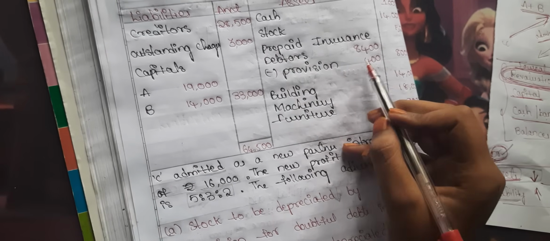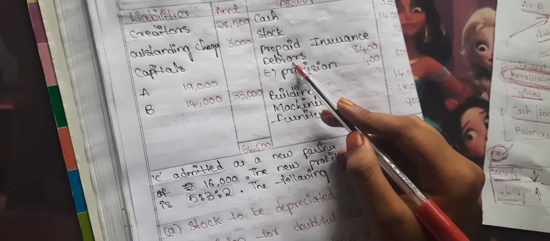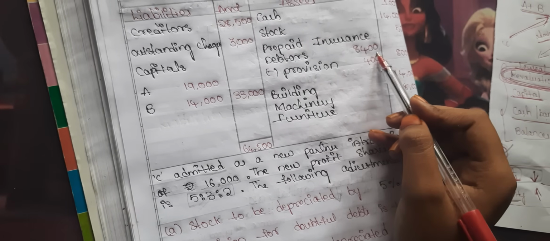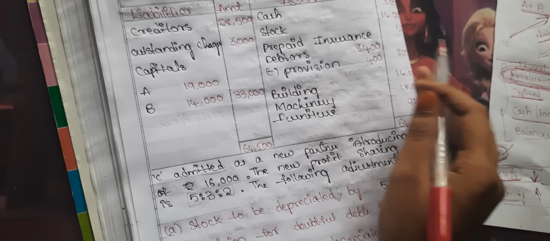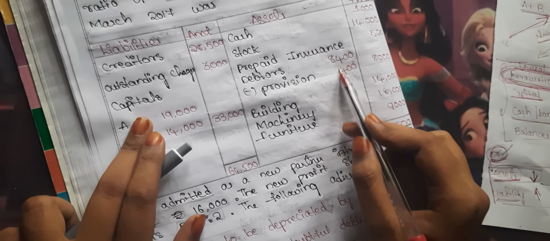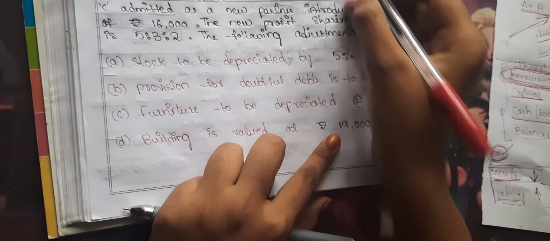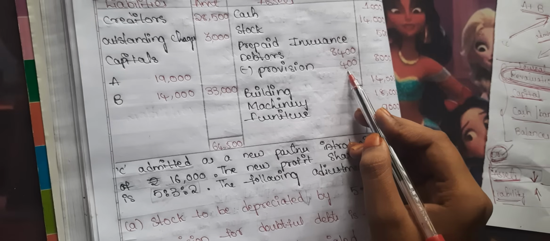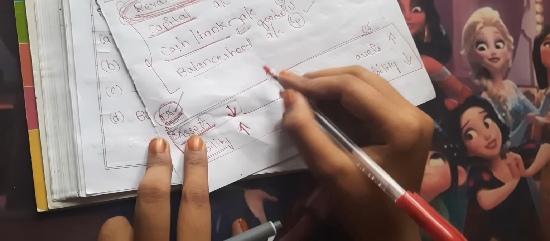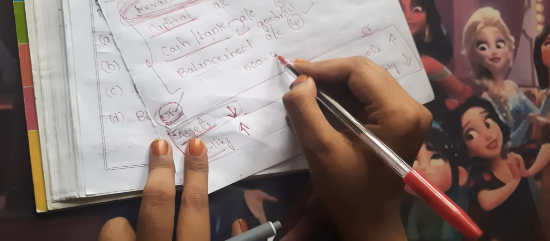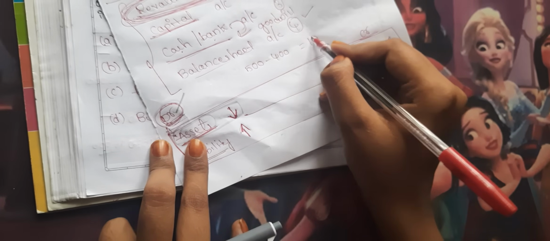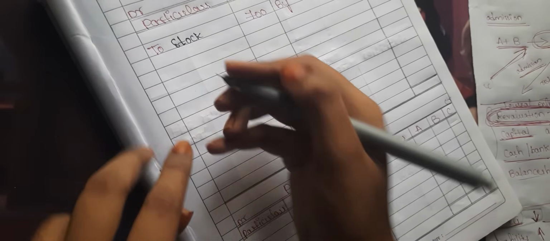In the same way here also, debtors is an asset and they gave 8400 it seems, but they only got 8000 in return, so 400. But here in adjustment they said it is 500. 400 ही कम आते शायद बोल के इन लोग समझे, लेकिन 400 कम नहीं आएगा, 500 कम आएगा. So 500 minus 400, how much it will be? It will be 100. Okay, 100 extra they didn't give, so you need to write